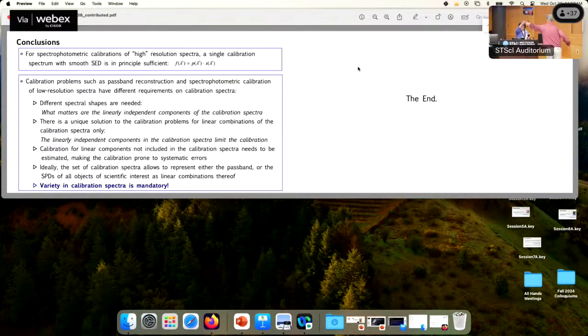Now we're gonna play, can we get this right? So our next speaker is Carlos Allende. No, so that's him in the back. Yeah, I know you're friends. You're Jesus Maíz Apellanes. He's going to talk about CALSPEC and guidance geometry, assuming I can.